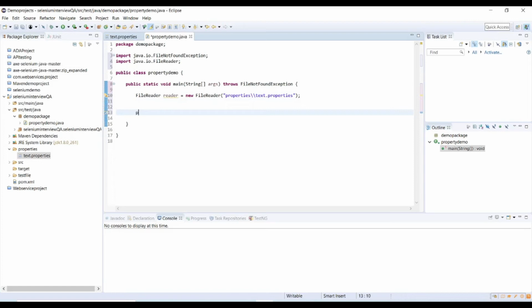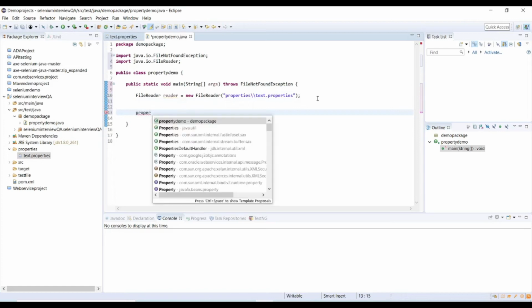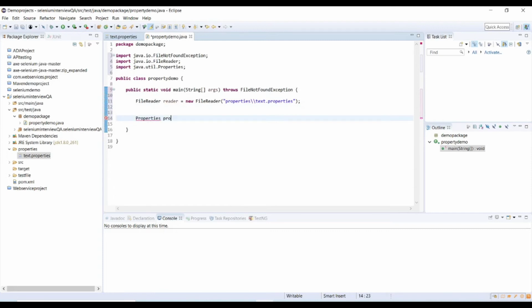Now I will create a Properties instance, Properties from java.util, and provide the reference, new Properties. Now we have the Properties reference and the FileReader reference for the input stream.